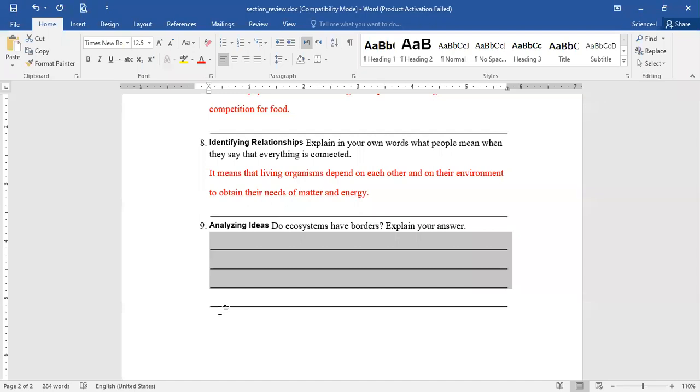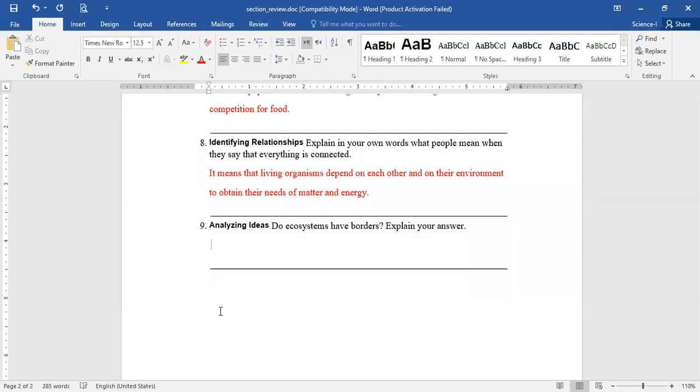Okay. So here we say no, but ecosystems are contained or surrounded